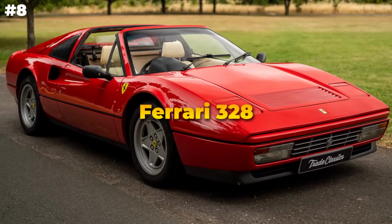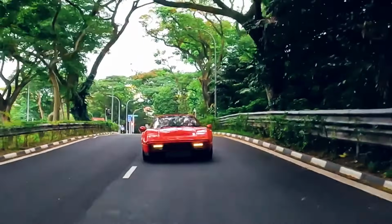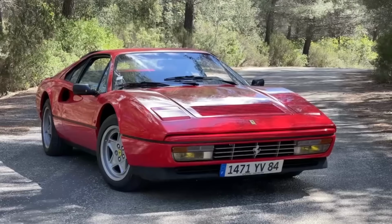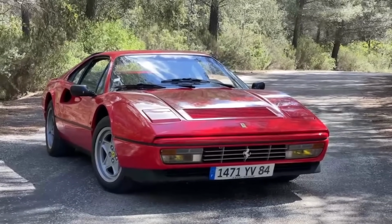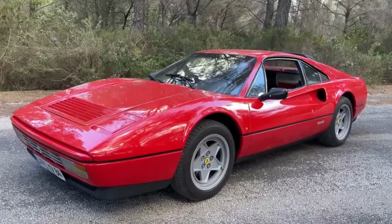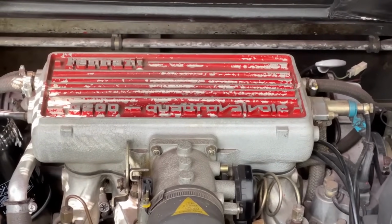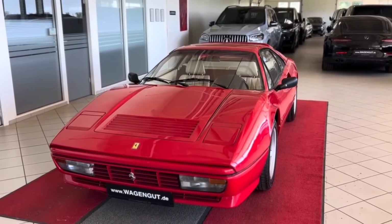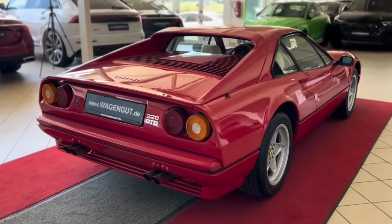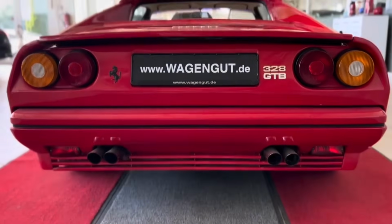Number 8. Ferrari 328. The Ferrari 328 is undeniably a visual icon of the 1980s, a wedge-shaped beauty with unmistakable Pininfarina design cues and a distinctively exotic Italian flair. Powered by a 3.2-liter V8 producing around 270 horsepower, the 328 looked and sounded the part of a proper Ferrari, but despite its aesthetic appeal and collectible status, the 328 comes with a set of caveats that might leave the